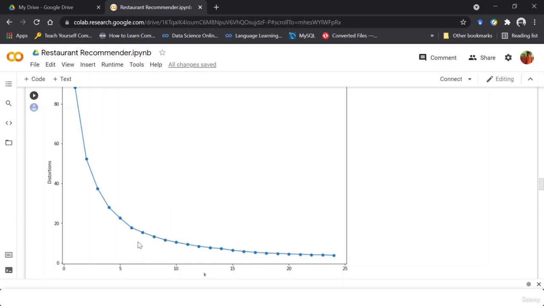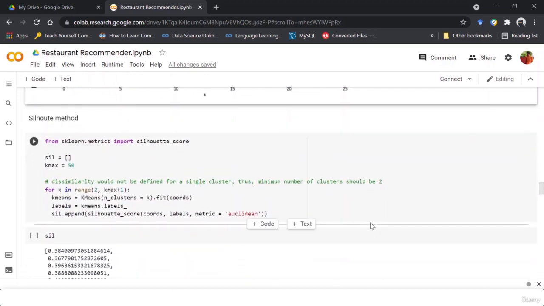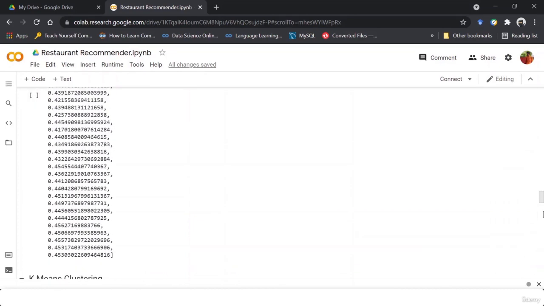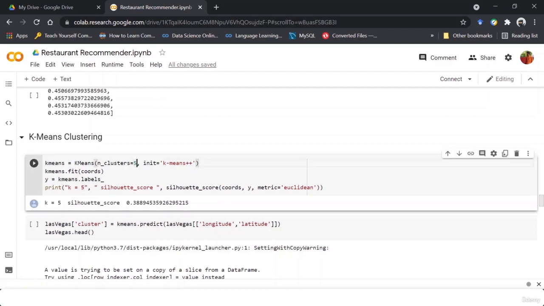We take that point, and looking forward, you could see that k equal to 5, or around 5, is the most optimum point for k-means. So we have taken the number of clusters to be found as 5.